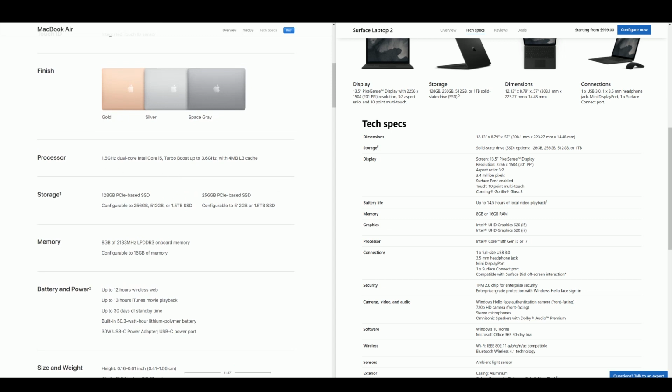See, they say 1.6 dual-core i5 or turbo boost and all that good stuff. The reason why I say this is interesting is because these specs don't line up to an 8th gen. What these actually are are Amber Lake chips in the MacBook Air, which is better, I'm not going to get into Amber Lake versus 8th gen and all that good stuff. This is pretty much a custom chip designed by Apple. Well, I don't know if it's designed by Apple, but made specifically for Apple for this laptop.